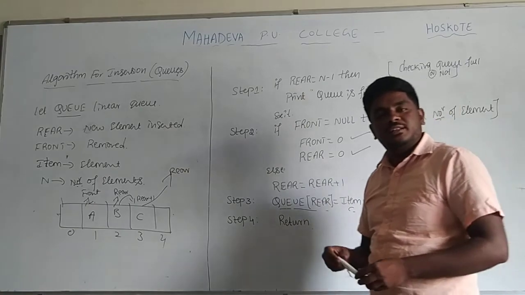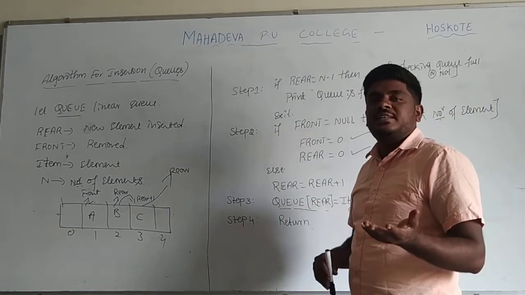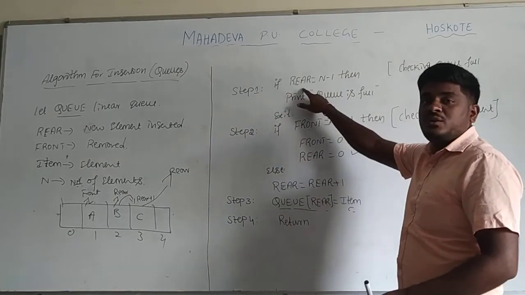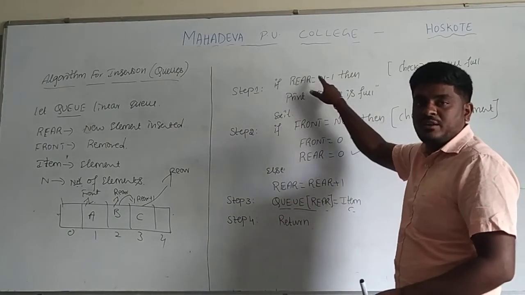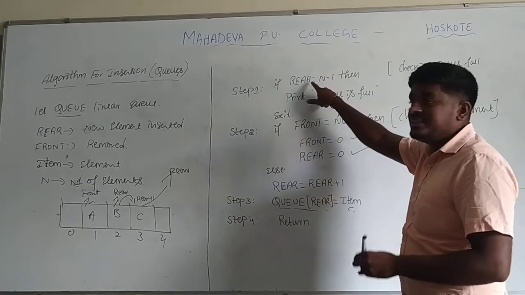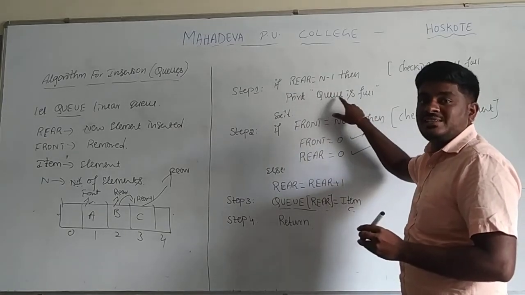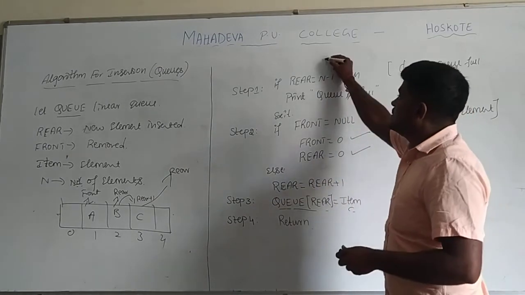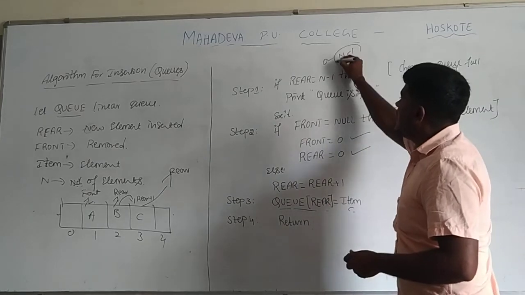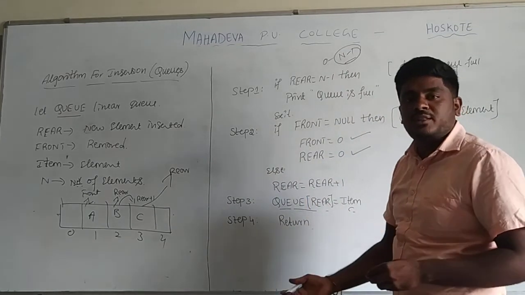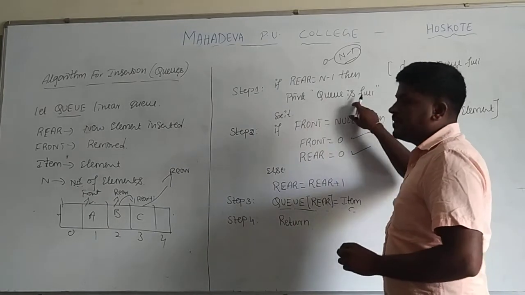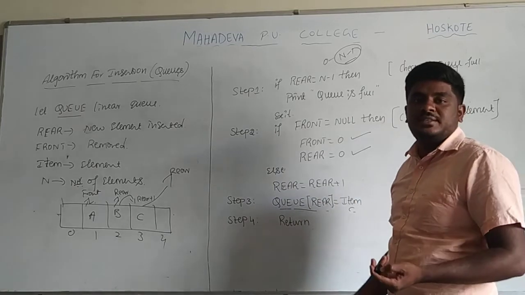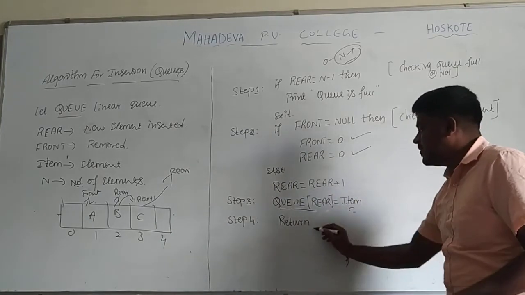Before inserting a new element, we need to check whether there is space or not. That is the purpose for which we need to use one condition here. If rear is equal to n minus 1, because if the condition is true, then it will print queue is full, because in the array data structure we have element positions from 0 to n minus 1. If it is n minus 1, that is the last element, and we can't insert a new element again. So then it will be exited, automatically terminated, because if there is space then we can insert, if there is no space we can't insert. That's what it will be written directly.